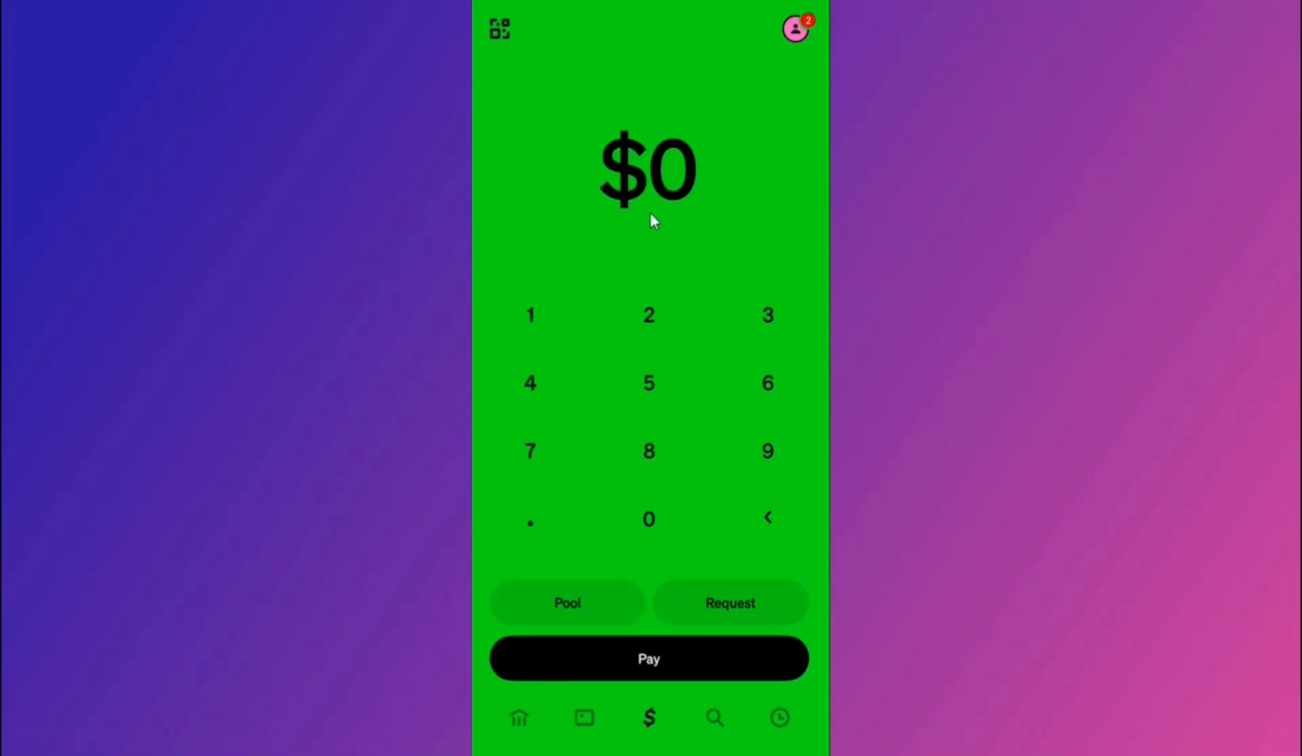Hello everyone, welcome back. In today's video, I'm going to give you the answer to this question, which is, can you have two Cash App accounts as of 2026, and how you can have two Cash App accounts if you want to have them. So the real answer over here is absolutely you can legally have two Cash App accounts,